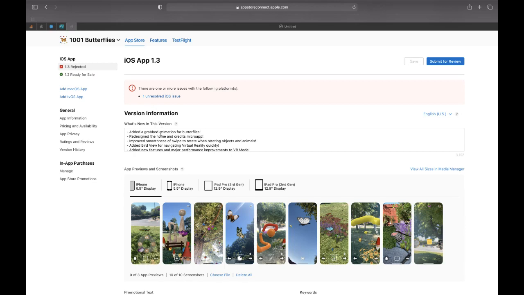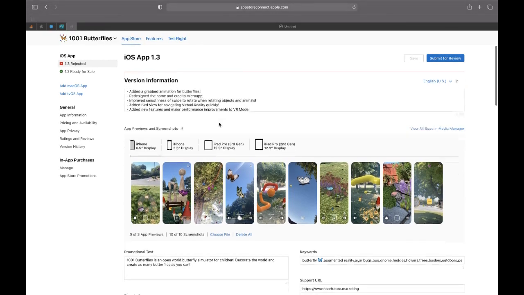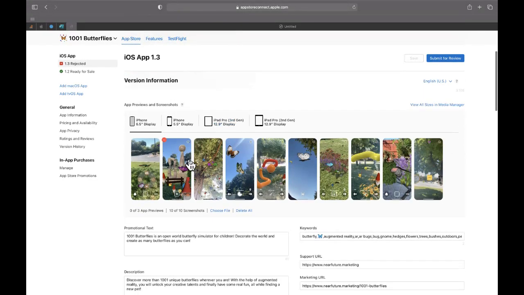You can see here, what's new in this version is where you add everything that's new. I've been working really hard, so I added a lot of new features. This is the part that drives me nuts, so I'm going to give you some tips right now, if you can afford it, or if you have the skills to do this, to save some time here. What you have here is your screenshots. You don't think about this because you probably only have one iPhone, but for everyone in the App Store, they all have different phones.